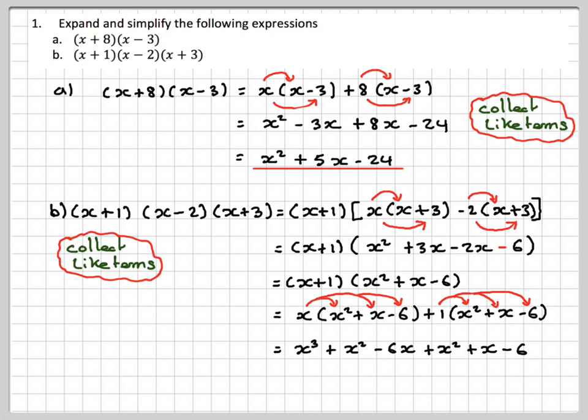Collecting together the like terms, we've got x cubed, so we've got x squared plus x squared, so that's 2 lots of x squared, and then minus 6x plus x gives me minus 5x, and then we've got the minus 6. So this has been a video to show you how to expand